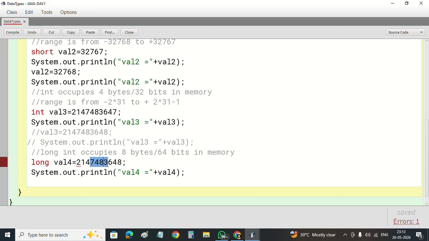So 2147483648 will be considered as an integer, which we can't store as an integer because 2147483648 is not supported by the range of the integer, because the highest integer value is 2147483647, the highest int value in Java. Beyond this range, the values will be considered as long. So I need to add one L at the end of the value. You can see that the error is removed, and now I can store this value as a long value in the